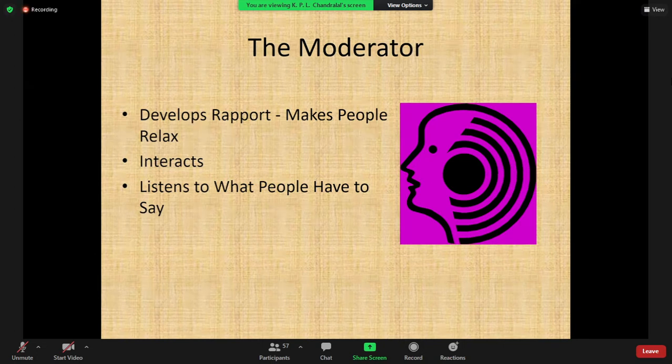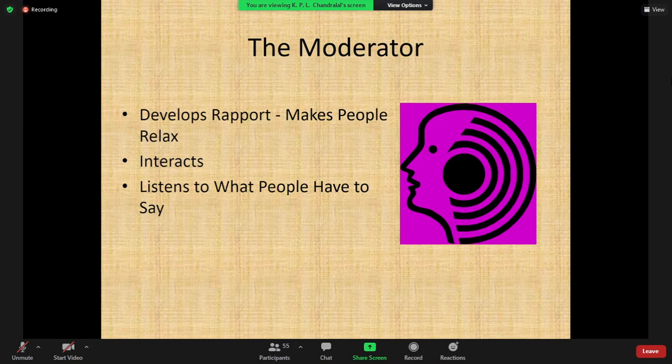As a moderator, you need to listen, but at certain times you need to interrupt. Let's say one person is too talkative and doesn't let others talk. Then you can politely ask the person to stop and give the chance to another person. And if one person is always silent, you can politely ask that person to start talking. If the discussion is going in a different direction,